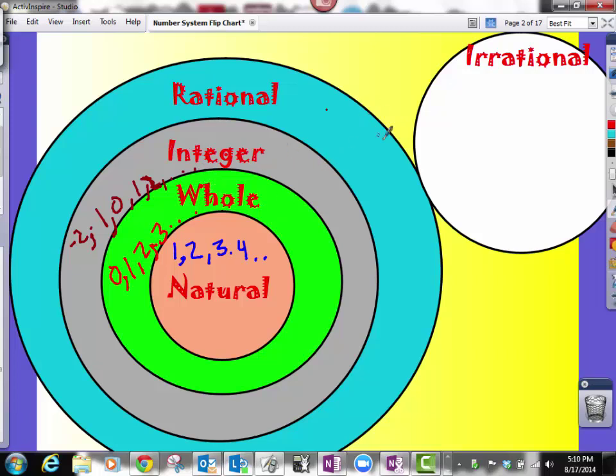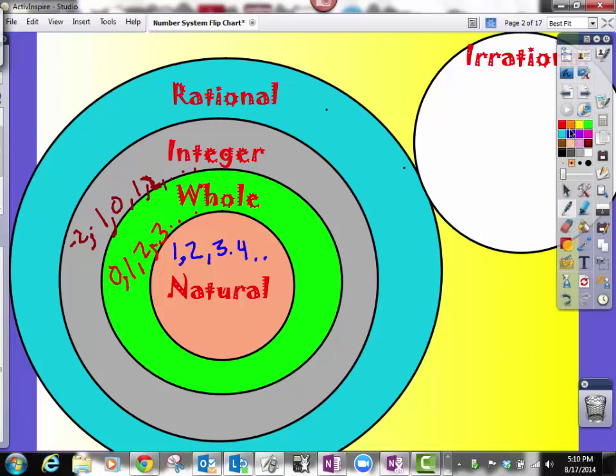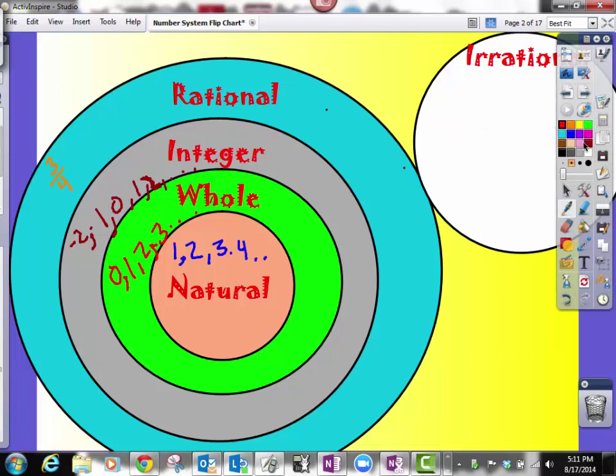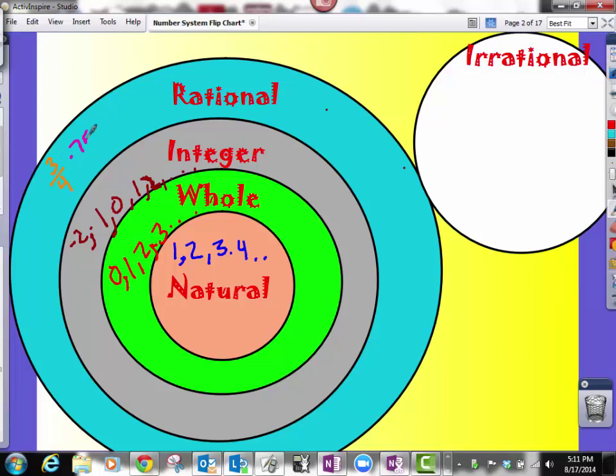But now, as we go up to rational, here's where we can add in our decimals and fractions. But here's what we have to be careful with. With rational, integers, whole, and natural numbers are all rational. A rational number is simply, you can have a fraction. For example, if I have 3/4, and I put it in decimal form, it's 0.75. The thing about rational is that the decimal either terminates, for example, 0.75,